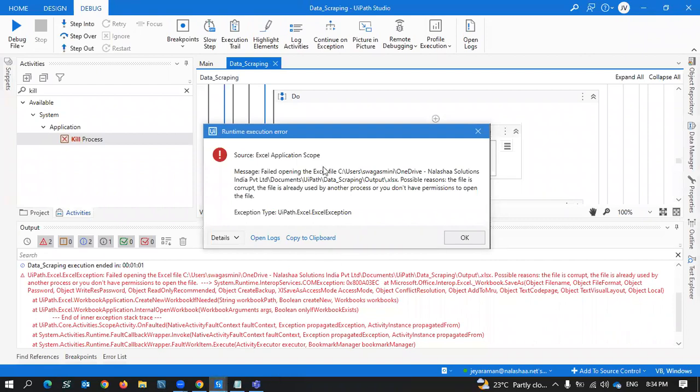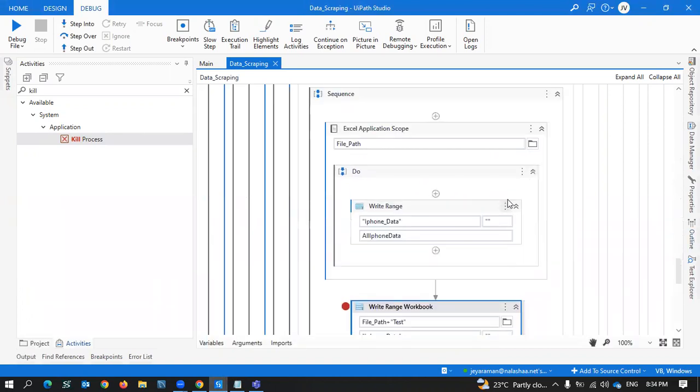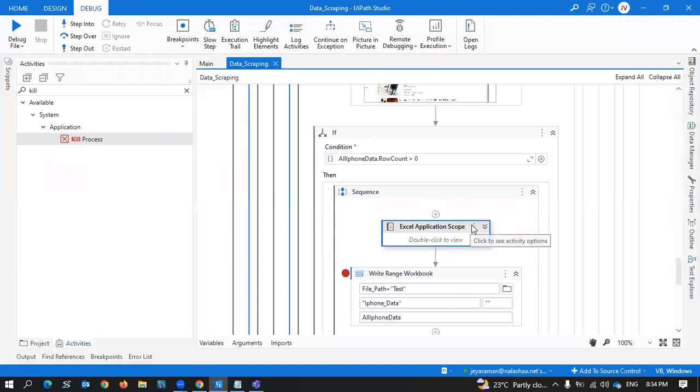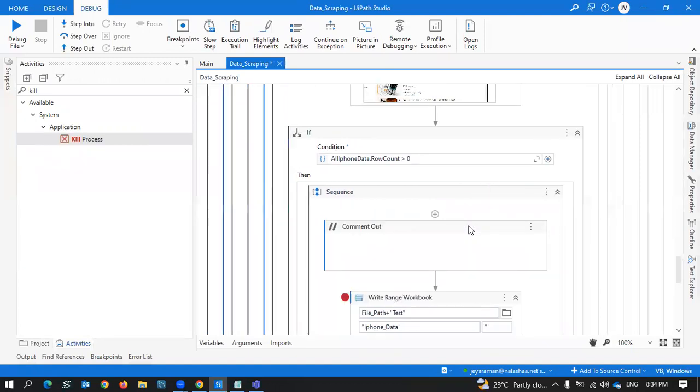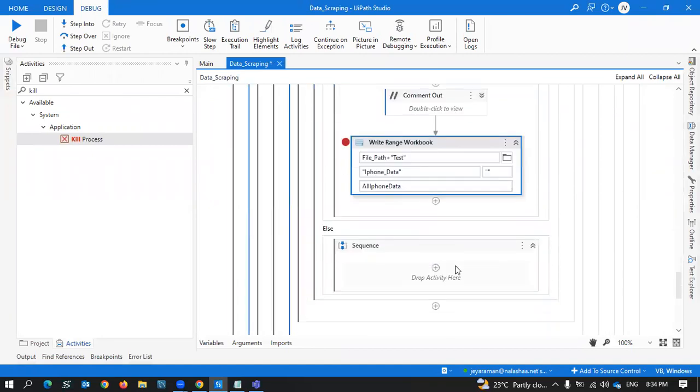Excel application failed opening. This file is corrupt. So let us do one thing. We have to analyze the issue, why it is not working. Let us comment this out and try with our workbook activity. Sometimes what happens